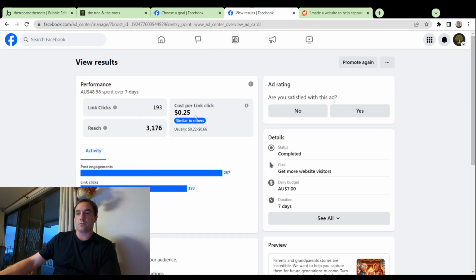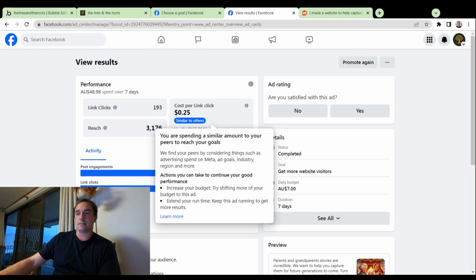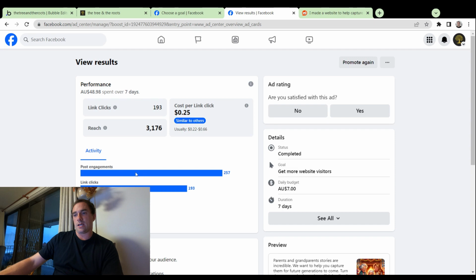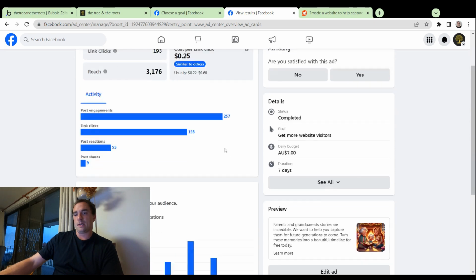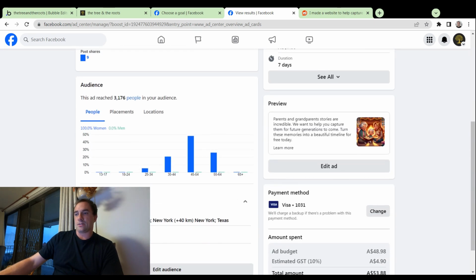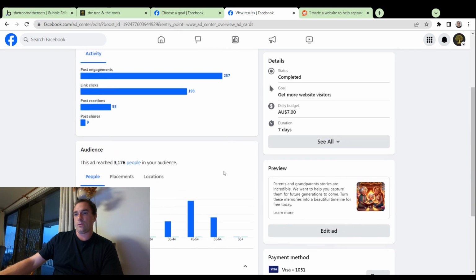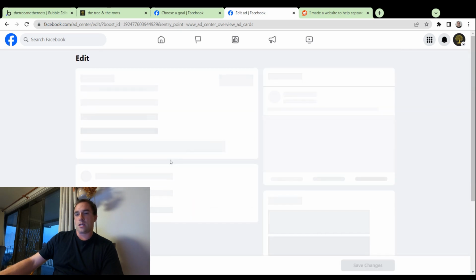cost per click was 25 cents, which is similar to other ones. But yeah, with that ad, it was actually a Christmas ad. So if we have a look at what the actual ad was,